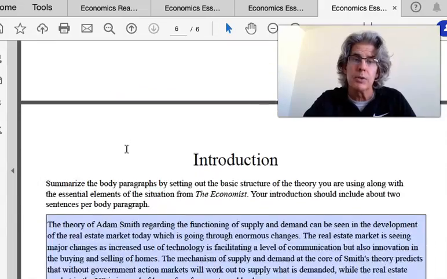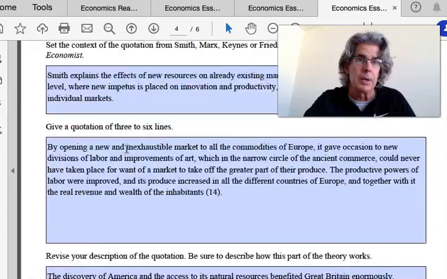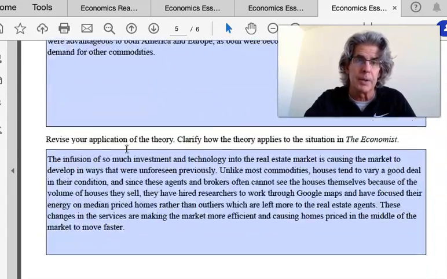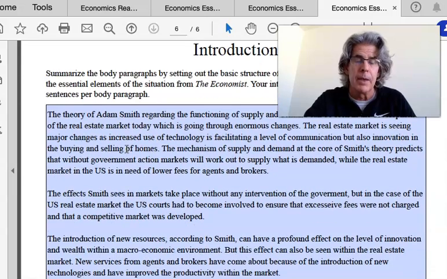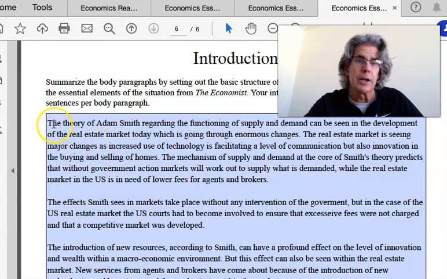And then I wrote the introduction. And now the body paragraphs are overall in good shape. The introduction I wrote two sentences at a time. Okay, let's take a look at the introduction. Now I went to the first body paragraph, the second body paragraph, the third body paragraph, and now the fourth I'm going to work on. What I did, and I don't follow the rules, these are general guidelines.